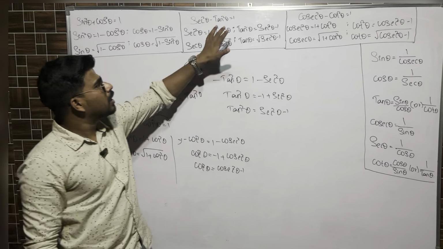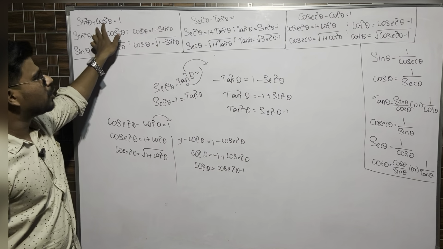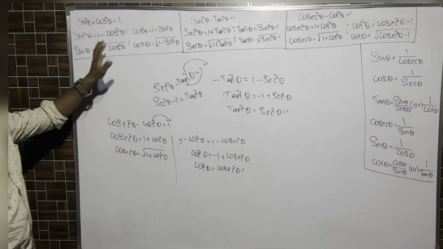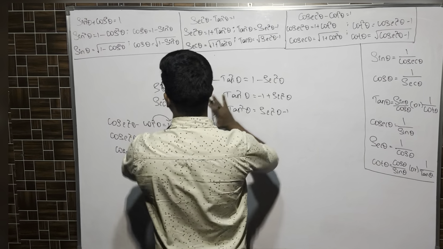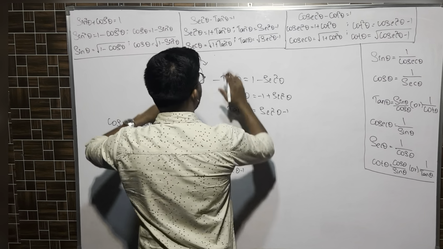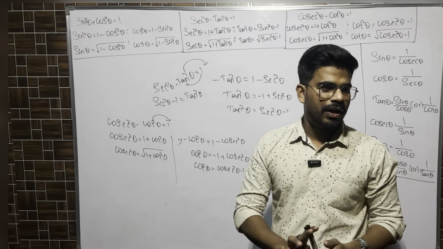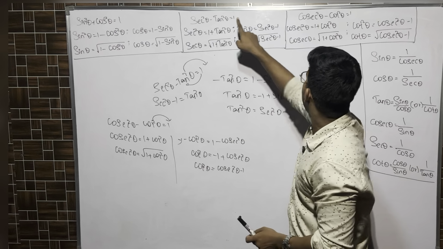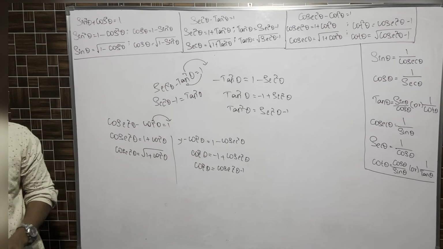Again and again I am telling, you'll have a little difficulty in these two identities only. Here it is plus, no need to worry about it. In all the three identities, keeping the first term, sine, I am putting sine here, secant here, cosecant here, not a problem at all. But in this case, cos is also similar to sine. But here, tan and cot will become a bit difficult. Tan and cot, you will get confused. Remember, only for tan and cot. While reading the formulas, emphasize on tan formula and cot formula specifically.